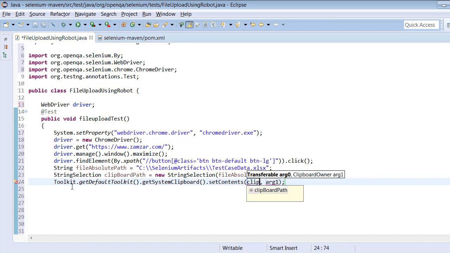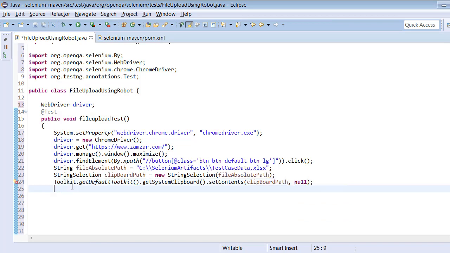What is the content here? Clipboard path, comma, you can pass null. That's it. This will be helpful for us to copy the file absolute path in line number 22 to the clipboard.